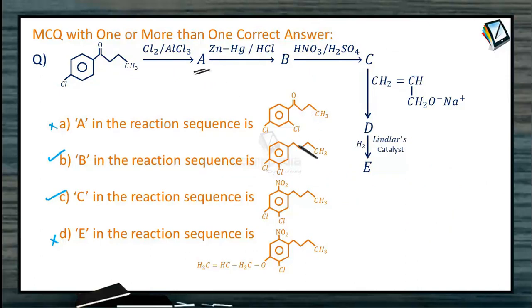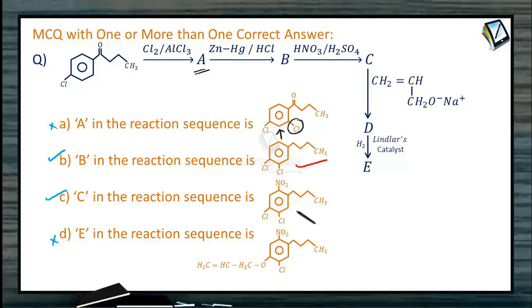Now when you compare the answers, for A given in the sequence of reaction, this A is here. So the substituent here has come at this position instead of here. So therefore it is wrong. Whereas in B we have the chlorine substitution correct, here correct, and B is on Clemmensen's reduction. This C double bond O is also reduced. So therefore it is right.